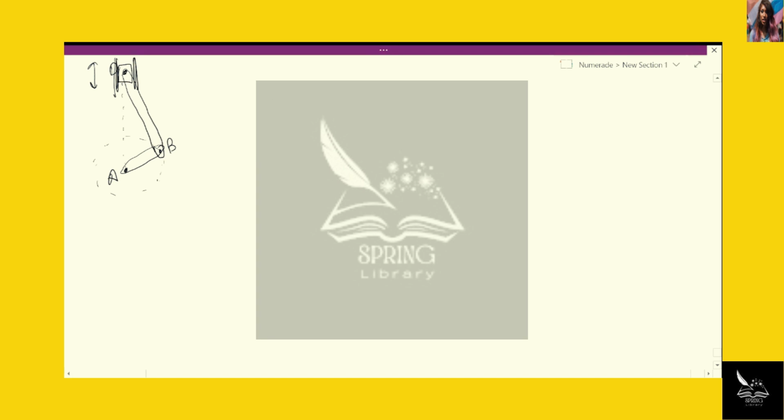It's called a crank, and so this crank moves in a circle, and that makes this piston D go up and down. So if this angle is theta,